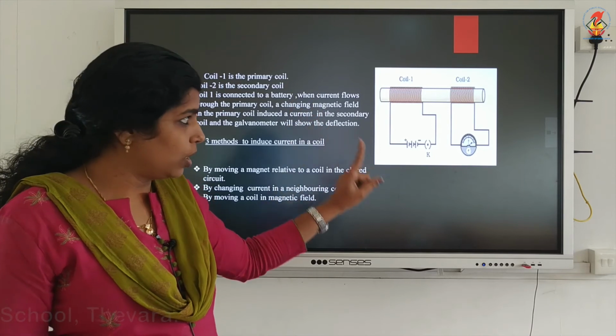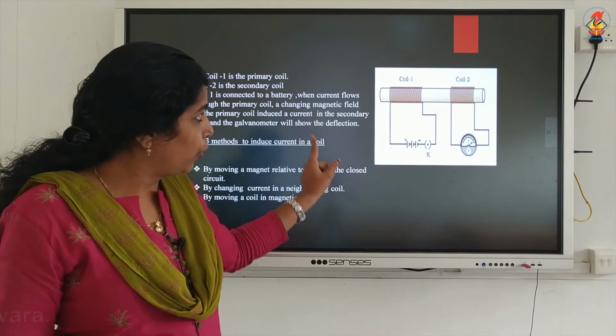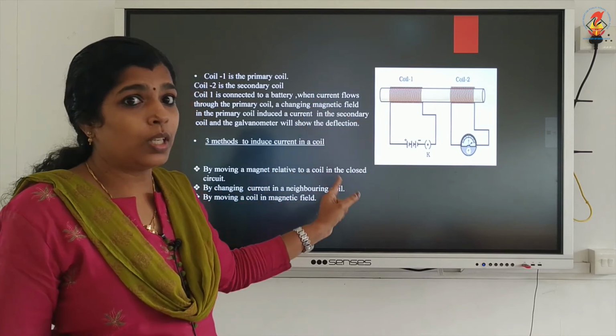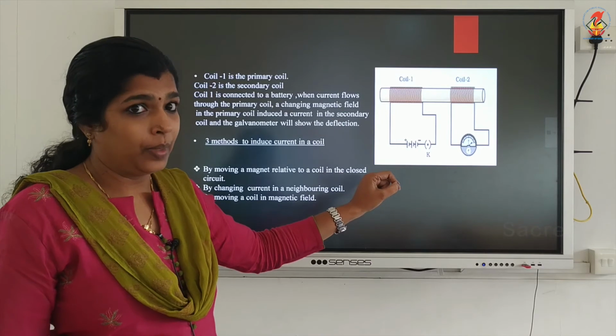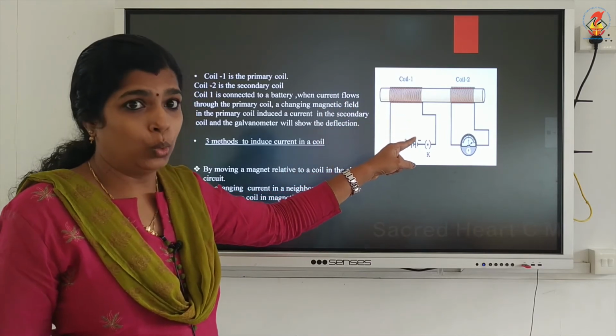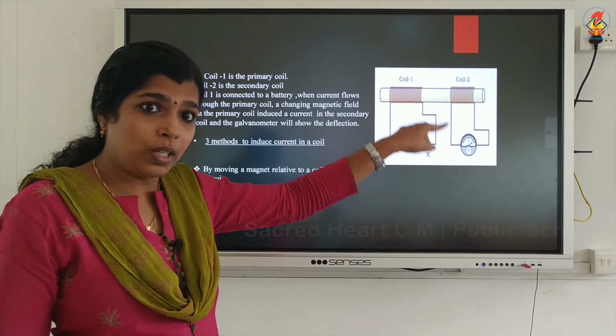When you switch on the circuit, a current will be flowing in coil 1, will produce a magnetic field, and that magnetic field will be linked with coil 2 and a current will be induced in coil 2.